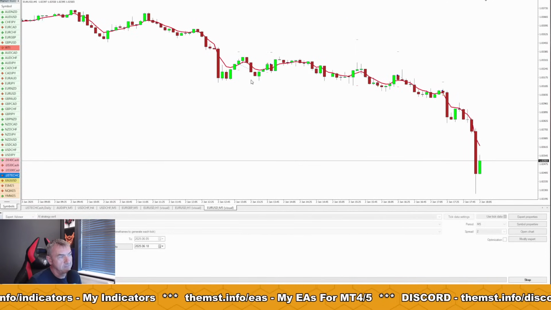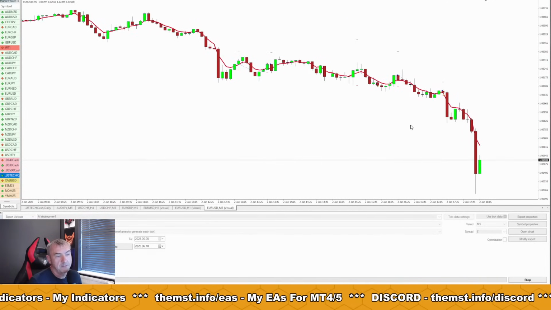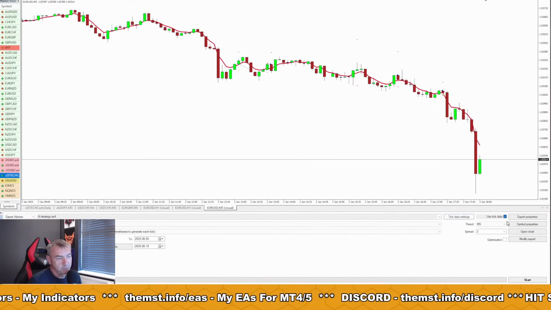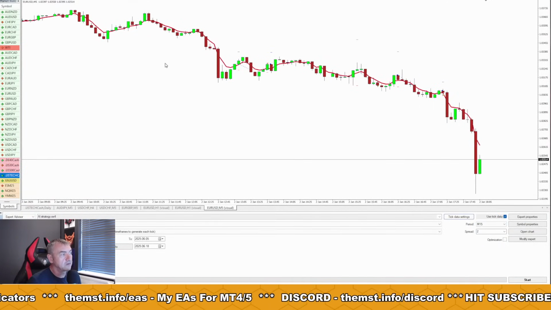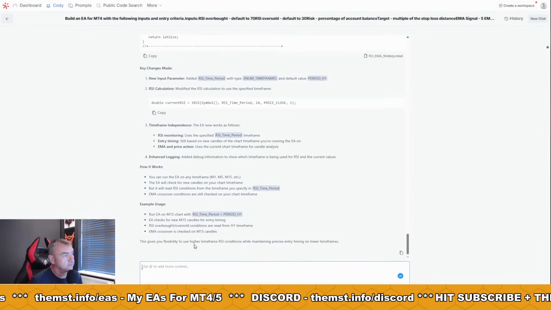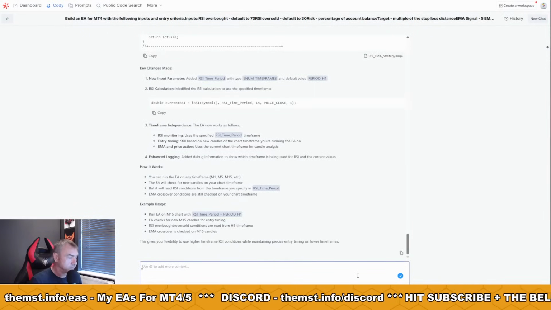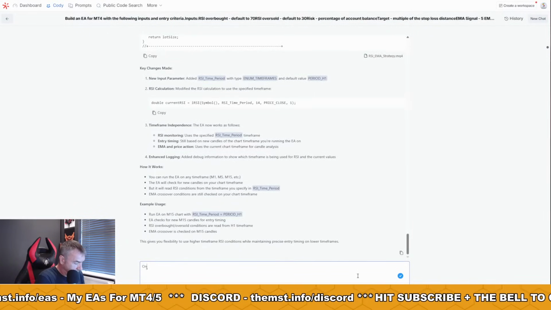You can see the 5 moving average there. We're going to cross that many times while that RSI is extended. So we probably should be using a time frame like M15 for this. But the problem I've got is I can't see that RSI. I don't know what it is. So we can ask for that to be put on the chart. So on the chart,